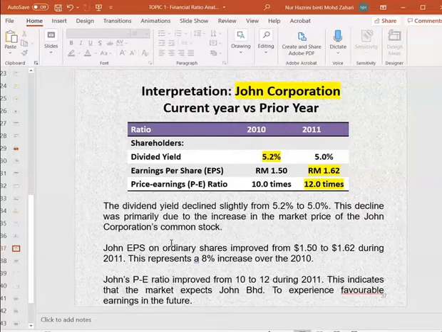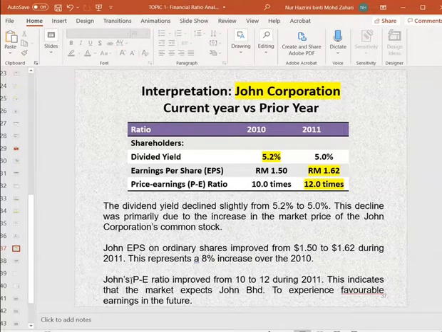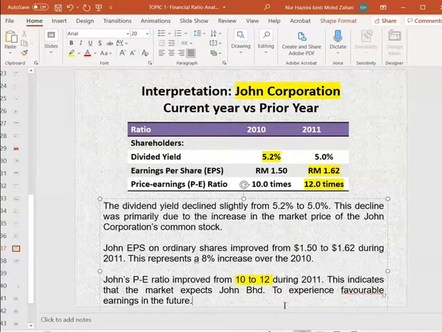John's earnings per share on ordinary shares improved from 1.5 to 1.62 during 2011. This represents an 8% increase over 2010. So an increase is good. And then John's PE ratio improved from 10 to 12 during 2011. We say it is improved because the higher shareholders are willing to pay for your